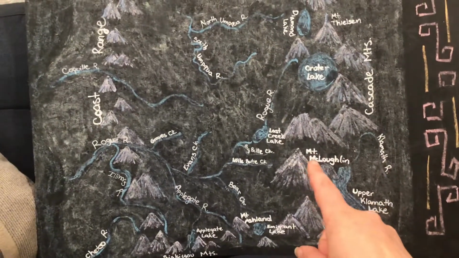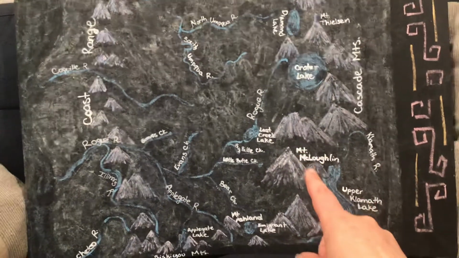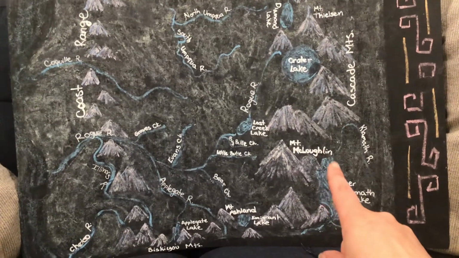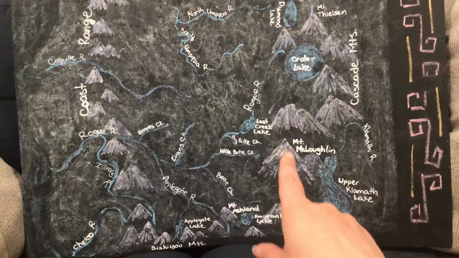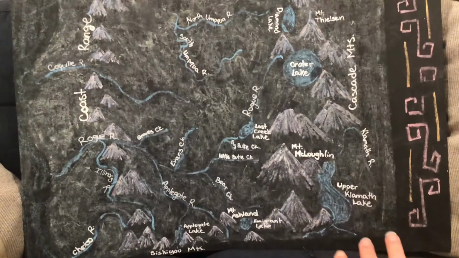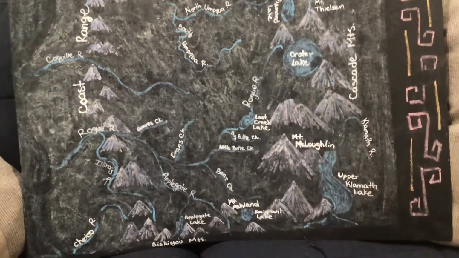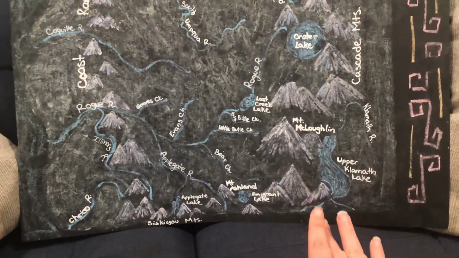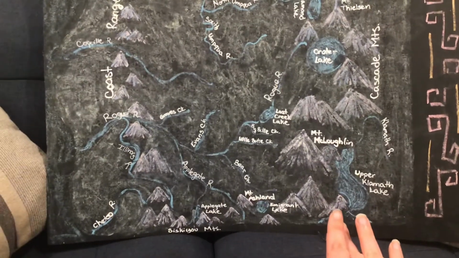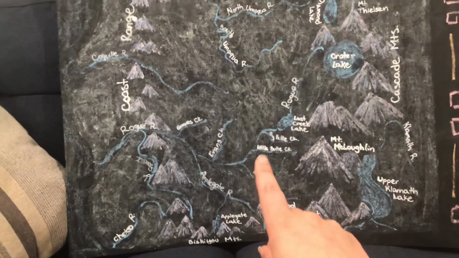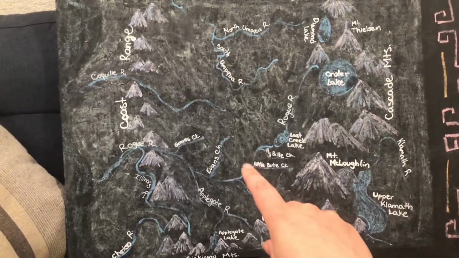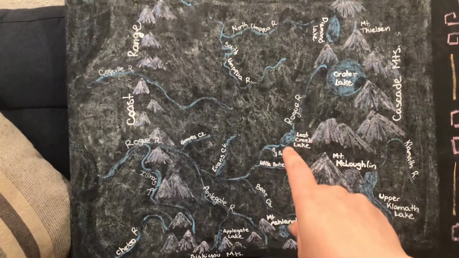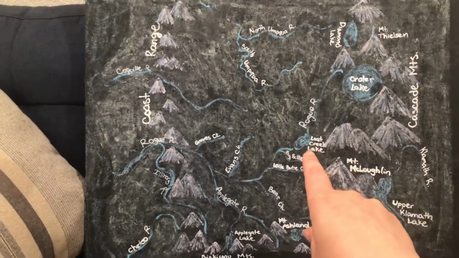Then, of course, we have Mount McLaughlin over here, which we just drew. And down here, we have Upper Klamath Lake, which if you are up on top of Mount McLaughlin, you have this perfect view of Upper Klamath Lake. And then there's actually Lower Klamath Lake, which is in California. And you can see all the parts of that lake all the way into California from the top of Mount McLaughlin. It's very cool. Let's see, up near where I live, just north of Eagle Point, which is here along Little Butte Creek, just up north of there is Lost Creek Lake, which is a great place to go boating when the boat ramps are open again.